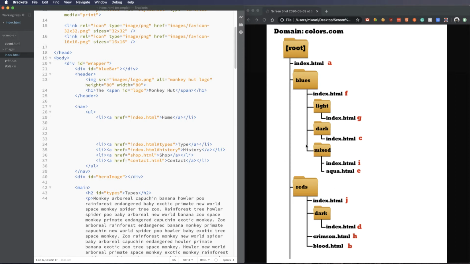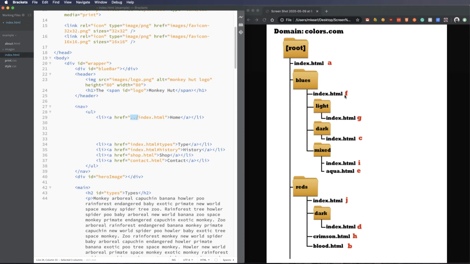And beneath this folder was blues, and beneath that was the root of colors.com or whatever domain name I was using. So to go back a directory, to go from I to F, the way we do that is we say .. and this is new, okay? So doing .. will take me back out of this directory and put me in the blues, and then specify